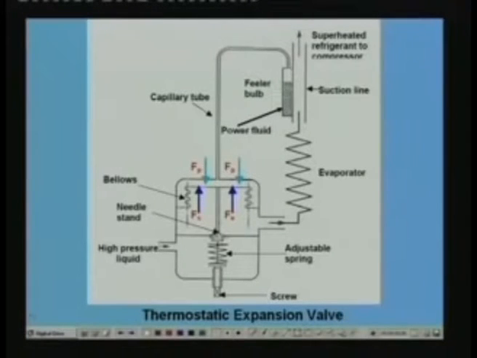This shows the schematic of a thermostatic expansion valve. You can see that this is the inlet to the valve. So the high pressure refrigerant liquid from the condenser side enters into the valve at this point, then it flows through this orifice and its pressure reduces across the orifice, and the low pressure refrigerant flows out through the valve and enters into the evaporator. It takes the heat from the surroundings, it becomes a vapor and goes out to the compressor. Okay. Now if you look at the valve,